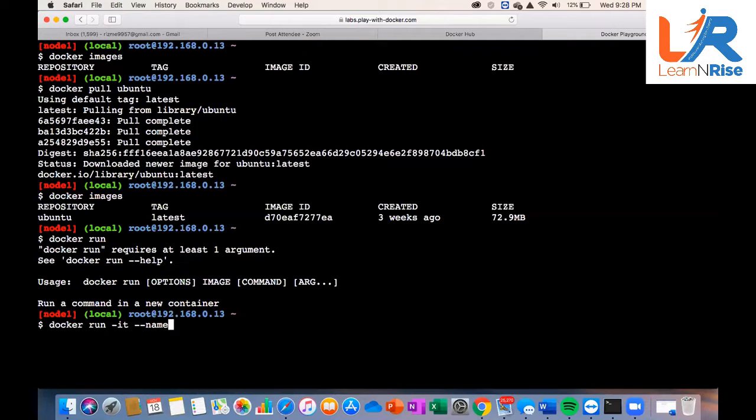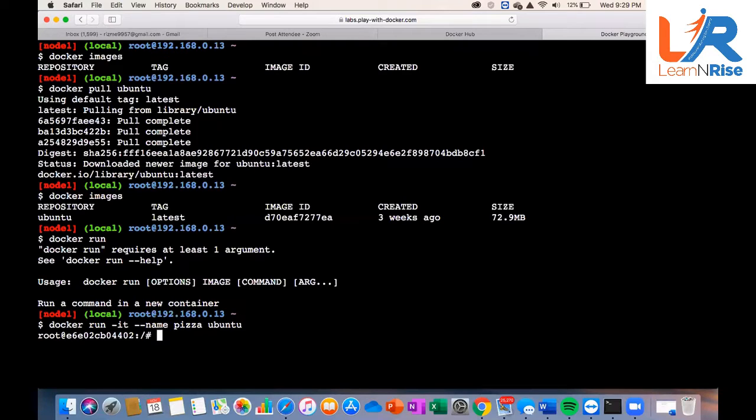Likewise every container must have a name. Give a name, anything, maybe pizza. Space, and then the name of the image which is used to create the container. So what is the image name? Ubuntu. Yes, press enter.